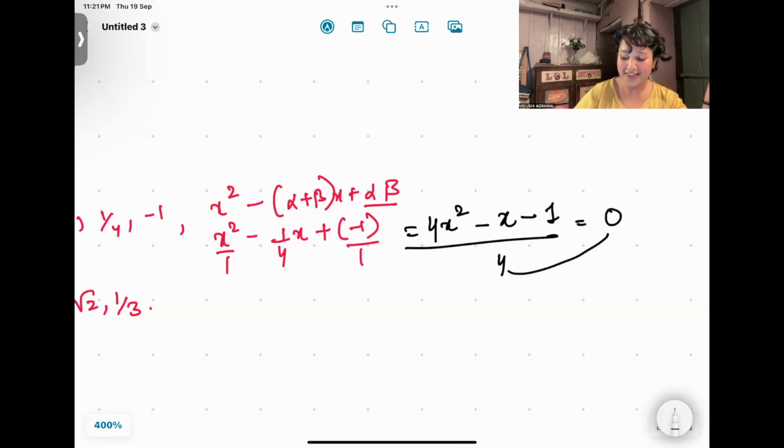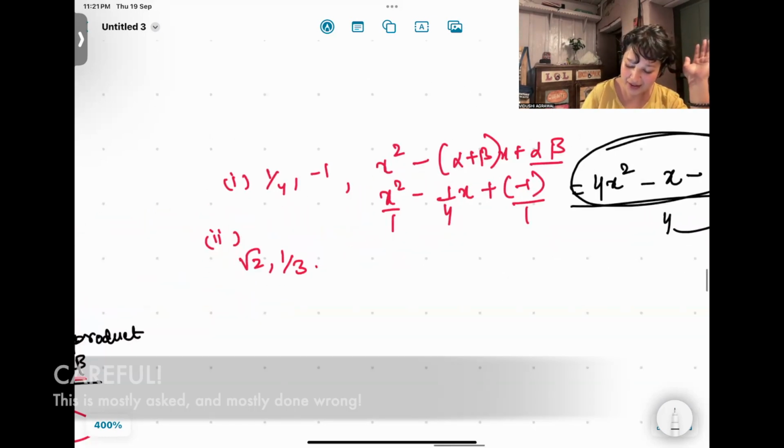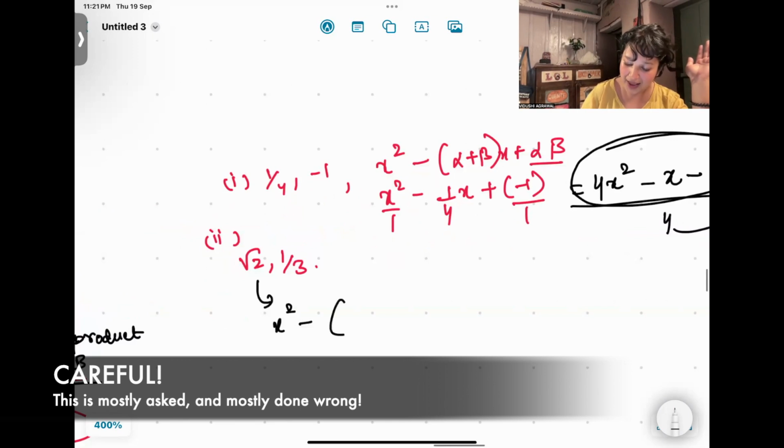So transfer 4 to the other side. 0 multiplied by 4 is 0. So my answer is this: 4x square minus x minus 1. Completed. Next one. Similarly, x square minus alpha plus beta x,